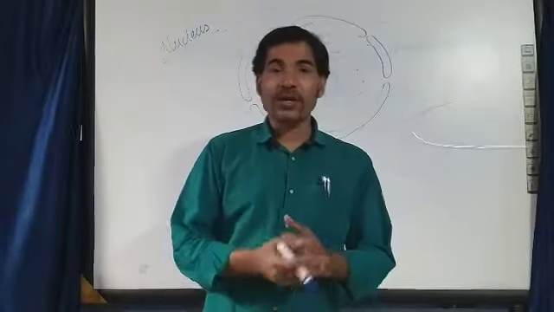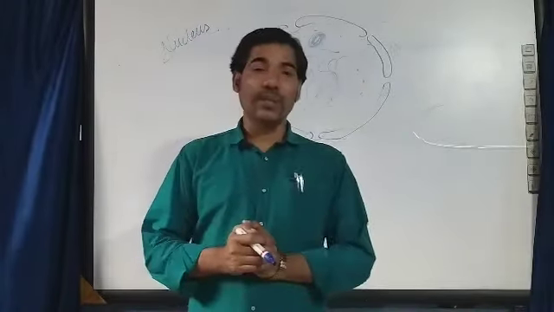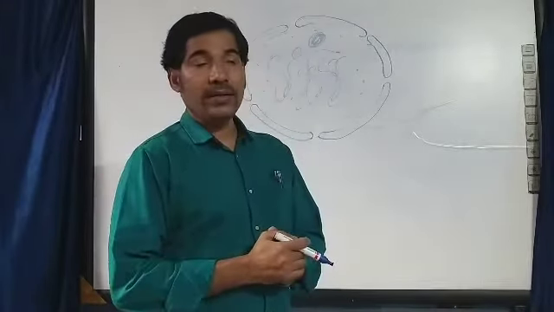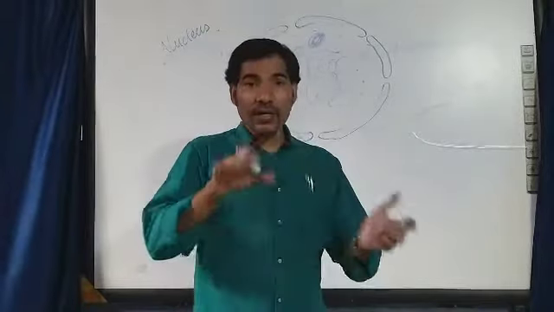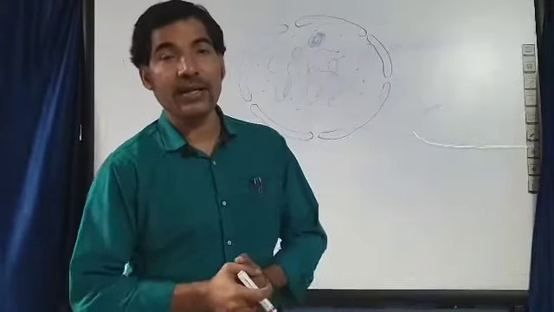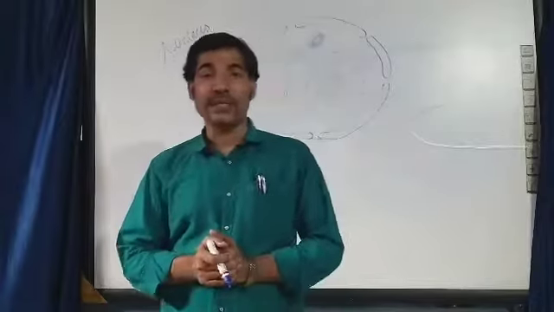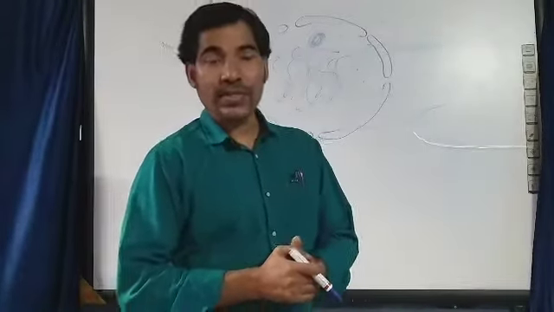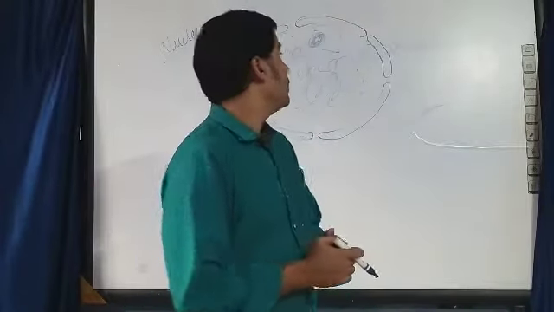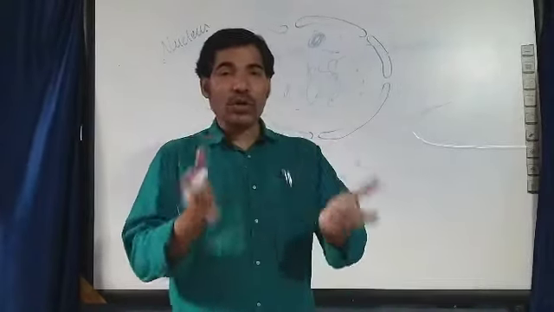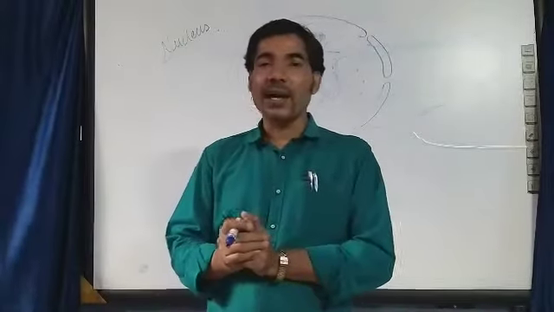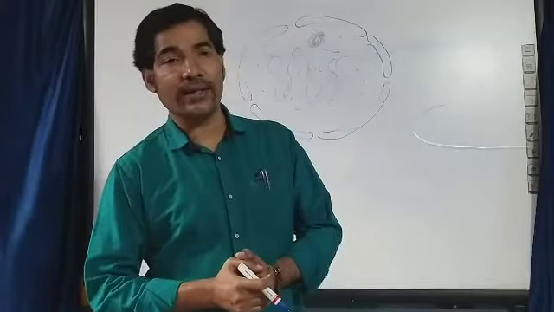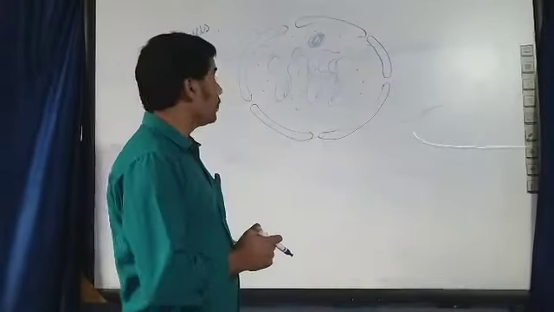The nucleus is discovered by Robert Brown in the root cells of an orchid plant. I have said that in a eukaryotic cell, the nucleus is surrounded by the nuclear membrane, which means a prominent nucleus is present. But in a prokaryotic cell, the nucleus is not surrounded by a nuclear membrane, so such a nucleus is called a nucleoid. In a prokaryotic cell, all the nuclear contents are suspended in the cytoplasm, and they are collectively known as the nucleoid. Now we will discuss the structure of the nucleus.